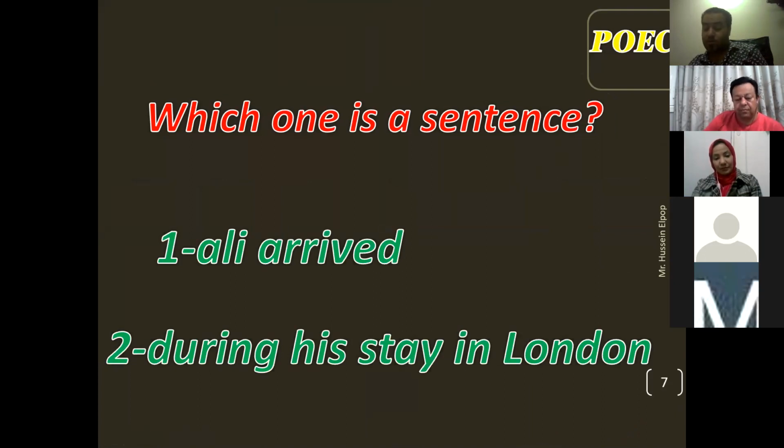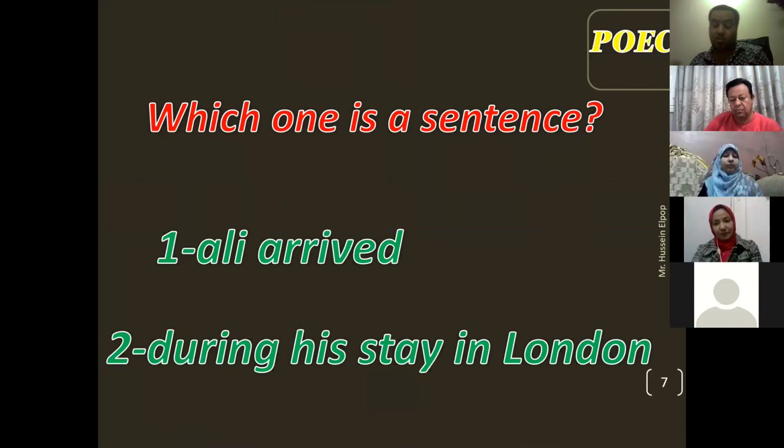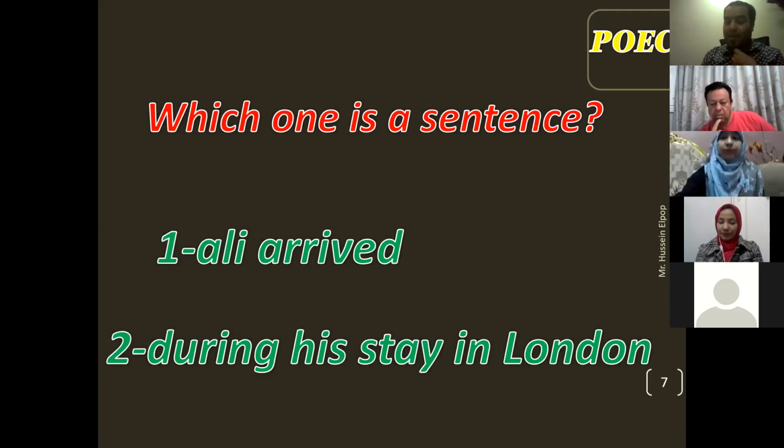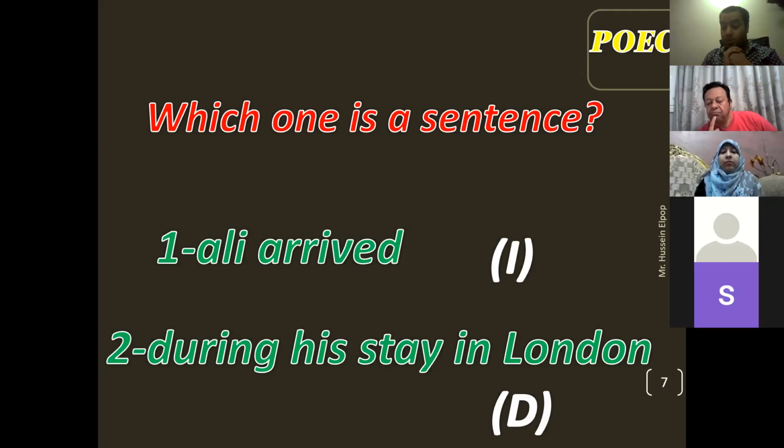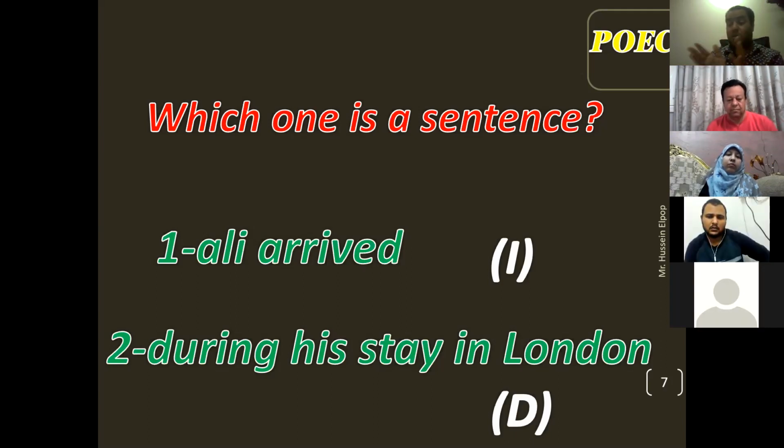I guess that I'm going to use my mobile because people are still sending in the chat. So let me just use the chat. Hello, can you hear me? Yes, okay. So most of the answers said that number 1 is the sentence. Can I know why? Because we have the subject plus a verb. It has a complete thought. It's an independent clause. So Mrs. Aya saw the I and she just said that it's an independent clause.